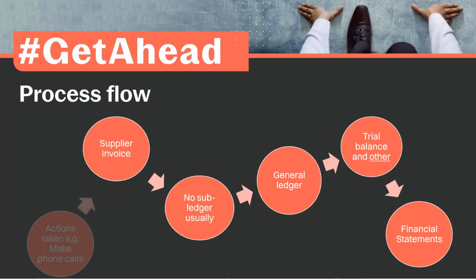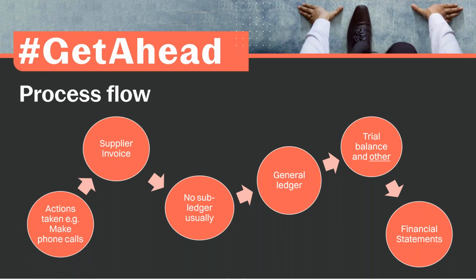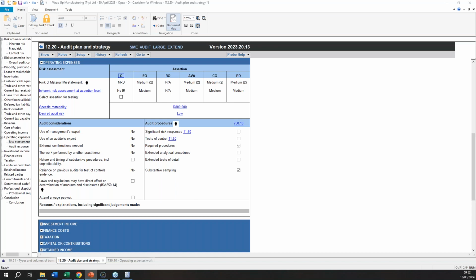Okay, so if you'll remember, perhaps from the earlier sessions as well, when we do completeness testing, we want to make sure that if something happened over here, it ended up in there. To test that, we would start at the source and then work our way through to make sure it got into the accounting records. All right. So in this case, and often with expenses, if there is a completeness risk, it does need to be tested. However,